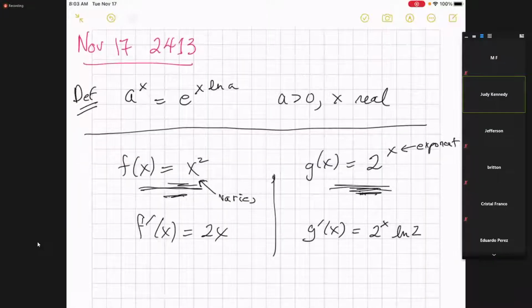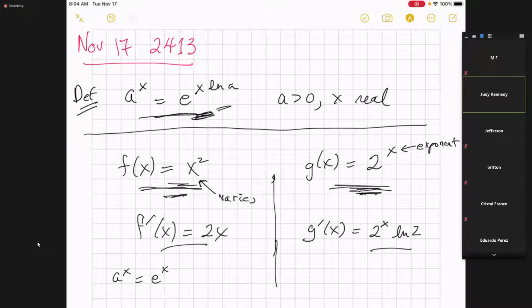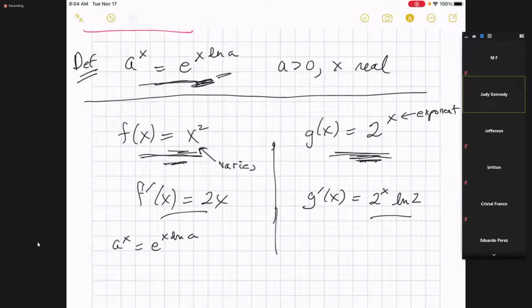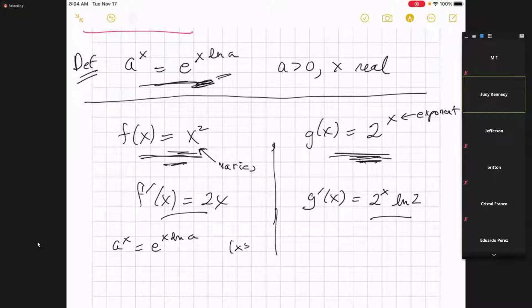And let me show you why this works out and that fits with this, and this works out and that fits with this. We have this definition up here. A to the x is equal to e to the x ln of A. Well, I guess I do have to assume that x is greater than 0 for this to work. So x squared, as long as I assume that x is greater than 0, is equal to,